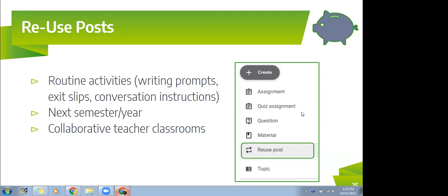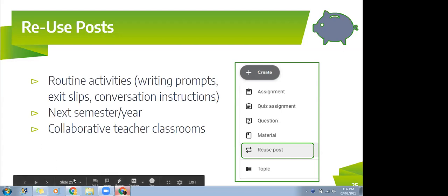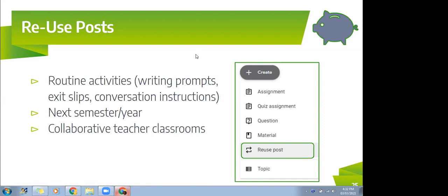So one last idea with this sharing or reusing posts is if you have a collaborative classroom. So for example, if you have some department teachers or some other teachers in a different school that teach the same thing as you,